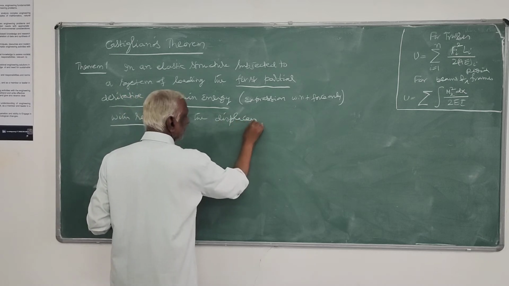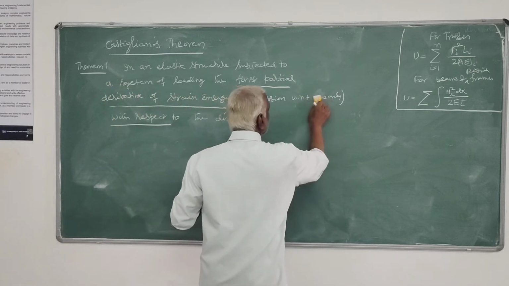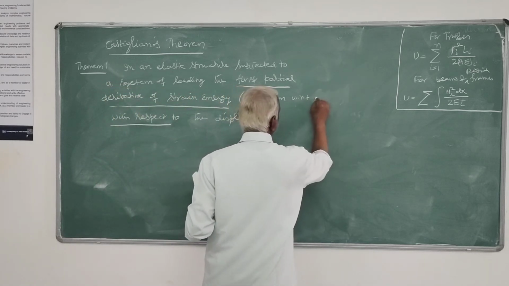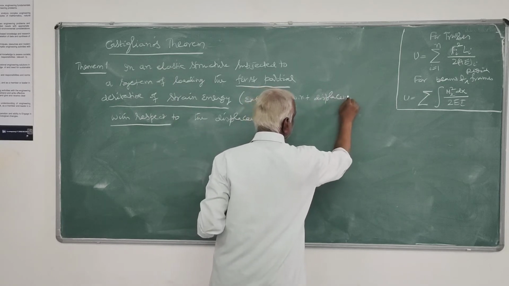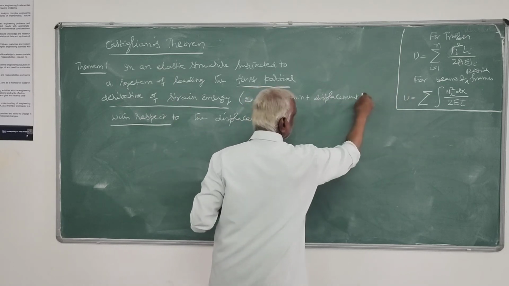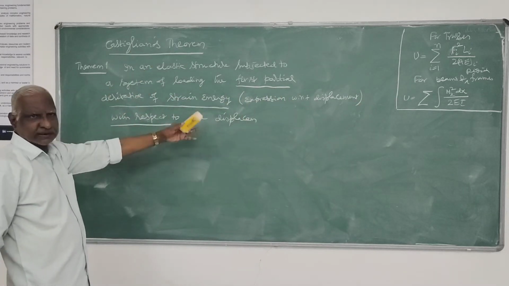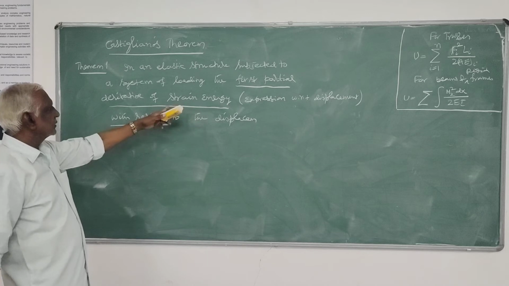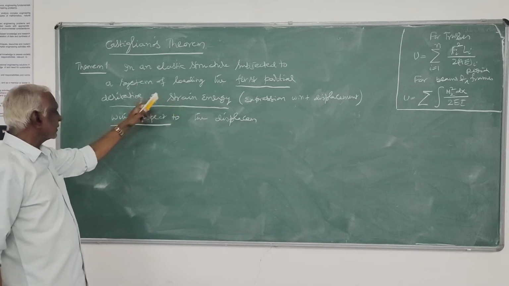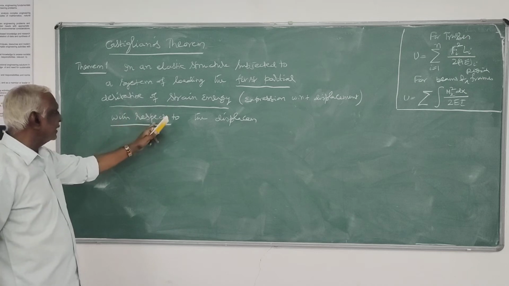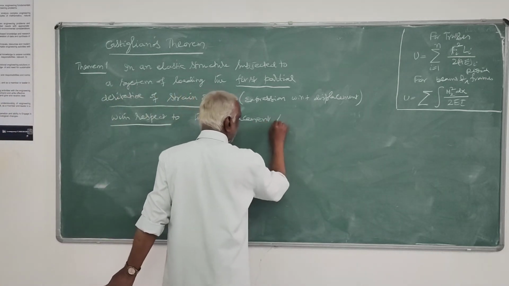This expression is with respect to displacement only, so this expression you cannot use. You have to use the other two expressions which I have given. So the first partial derivative of strain energy with respect to the displacement